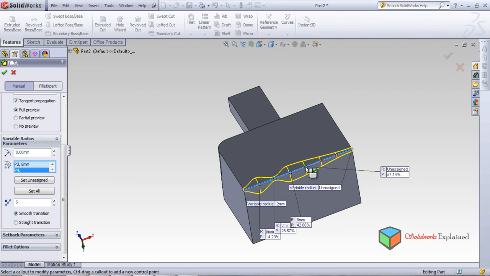This point I want to be 2. This is already 2. I'll make this one 8. So p5 should be 8. Let's say enter. Yes, so this is not 2. Click again here, this point. Which point is this? It's